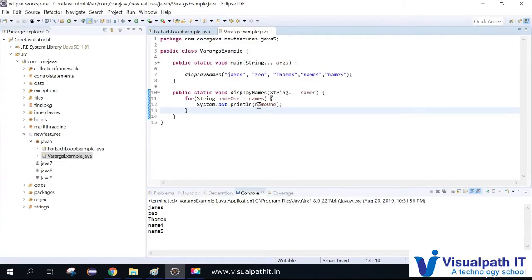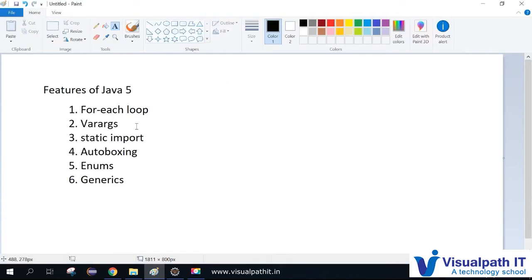So I used to write 3 dots in my interviews, so that the interviewer will ask why you're putting 3 dots and what is the use of it. The interviewer might know or might not know, but he will definitely be impressed if you write in a different way instead of how regular people write. If you're writing unique programming, then people definitely get impressed. So that's a story about varargs.